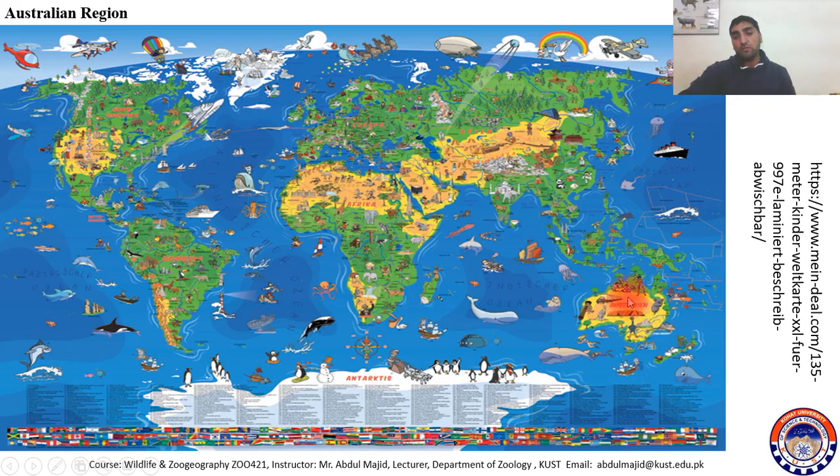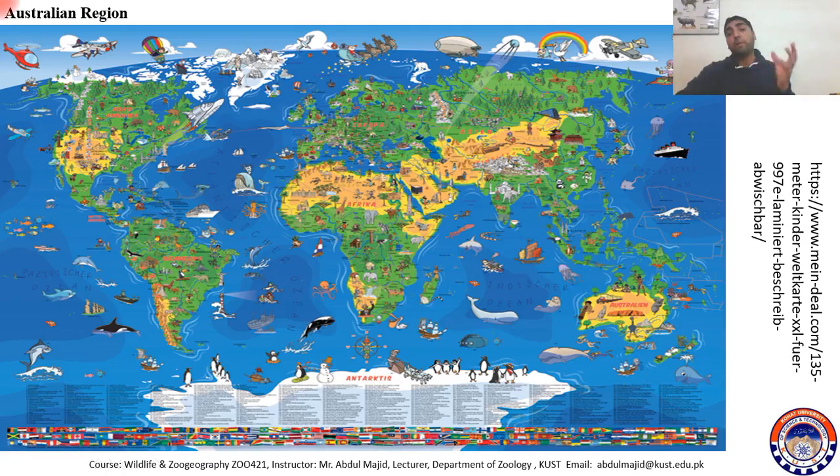Okay, so this is Asia and this is Australia, and these are the Indonesian archipelago islands. Scientists claim that these islands were connected, making a bridge between these two, meaning Asia and Australia, and through that bridge animals from Asia migrated into Australia. Today this bridge is not present, but one thing is important to note, that these islands still